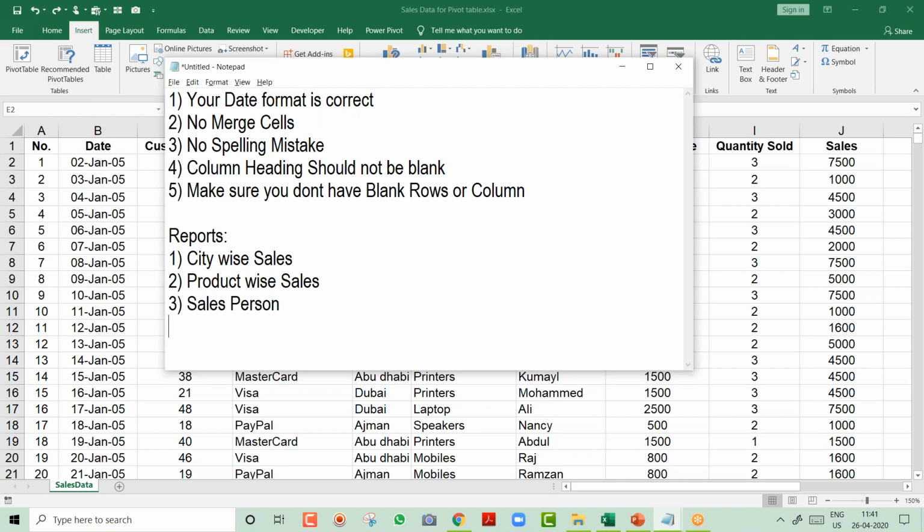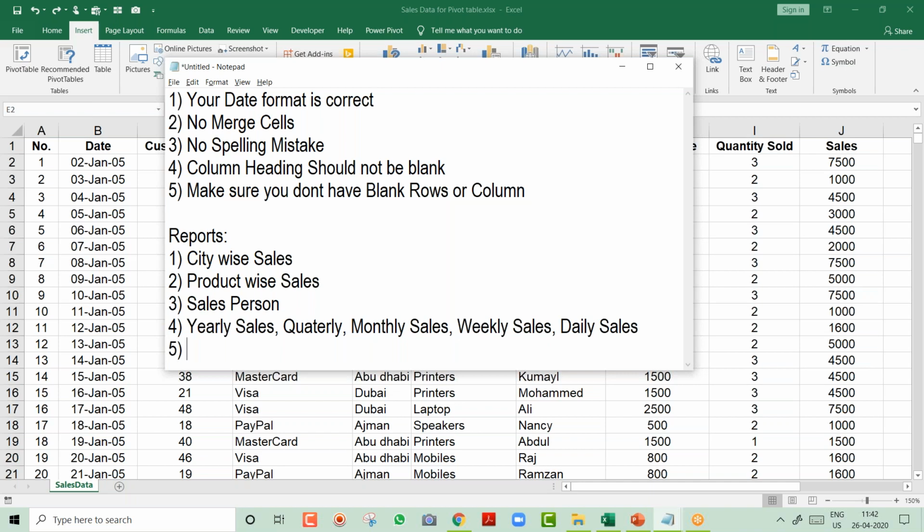You can even create, for example, yearly sales. When you create yearly sales, your management might ask, hey, can you show me year-wise and quarter-wise? So yes, you can create quarter-wise sales also, quarterly sales. Then he will ask, okay, Ramzan, can you show me the monthly sales? So you can create monthly sales. Even, friends, you can create weekly sales and daily sales.